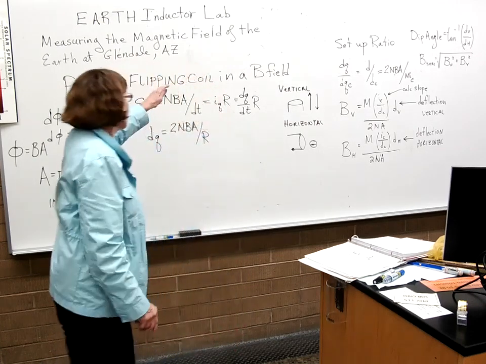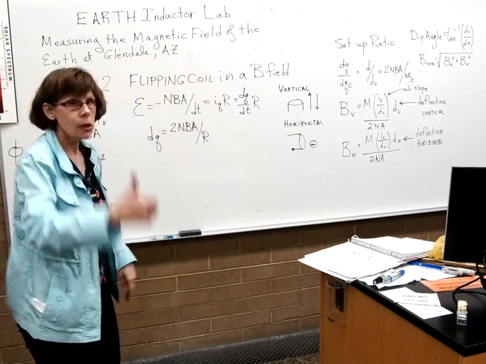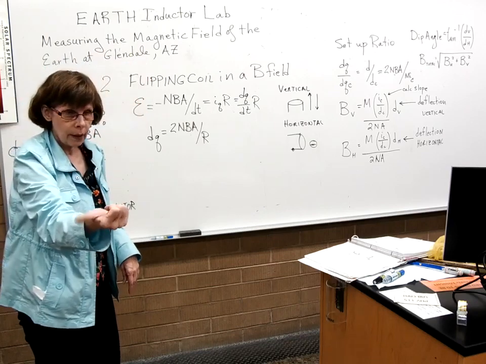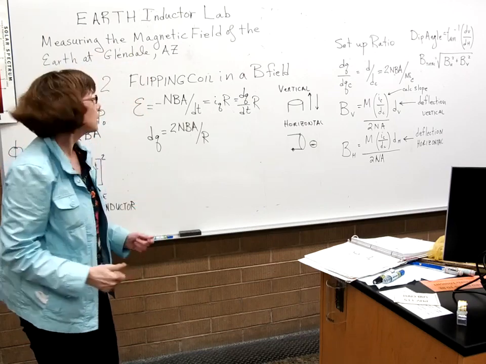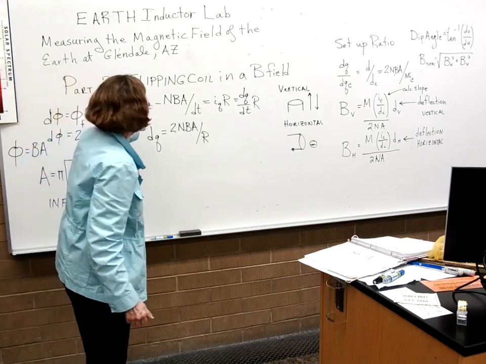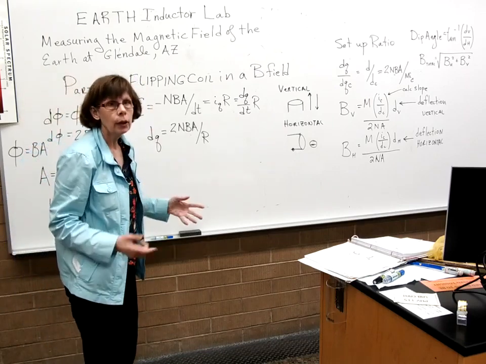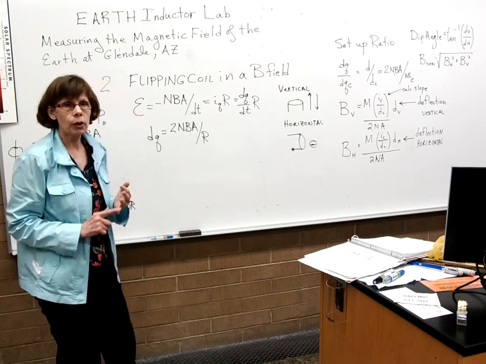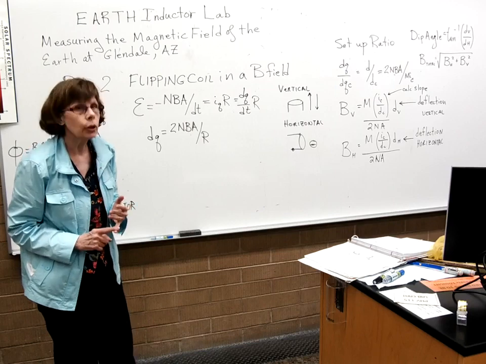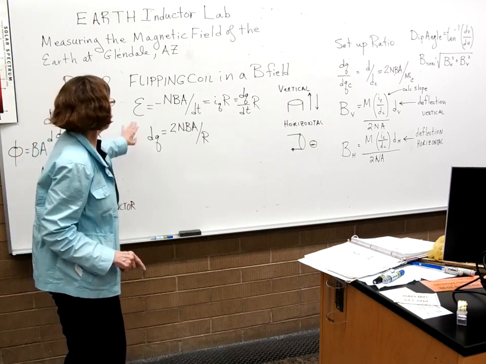Part 2, we're flipping the coil in a B field. So we're going to flip from up to down, from in to out. And so the idea is what we're changing is the orientation. With Faraday's law, you can change the magnetic field, you can change the angle, or you can change the orientation. So in this case,